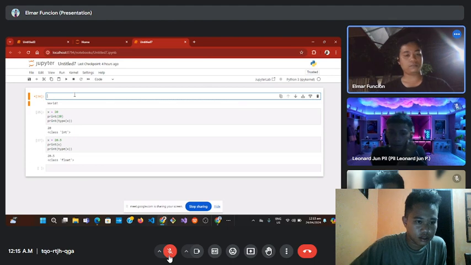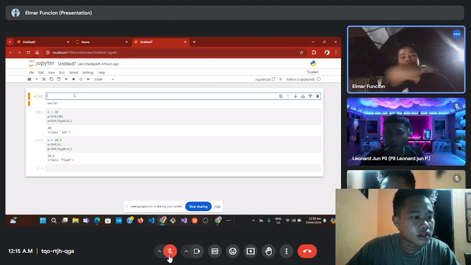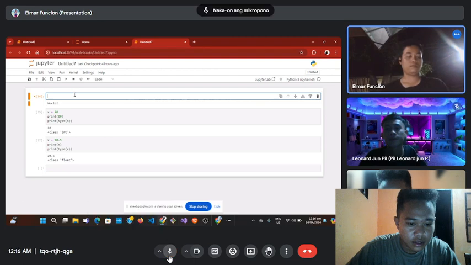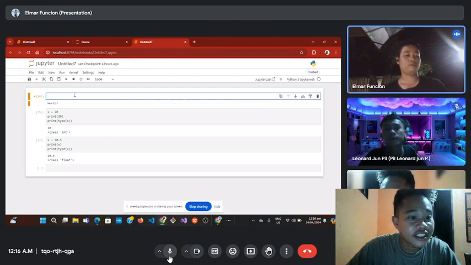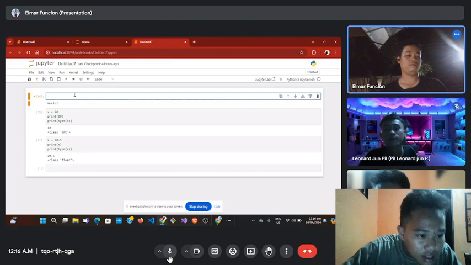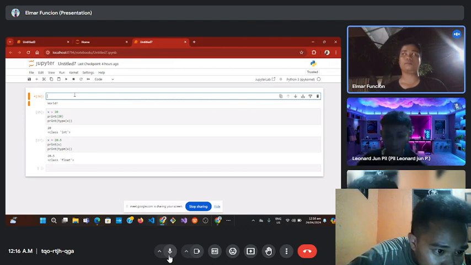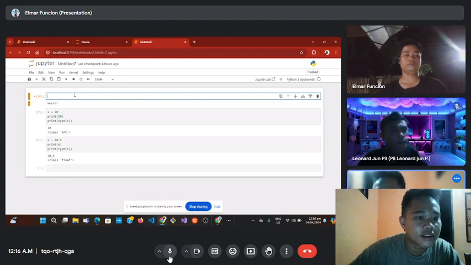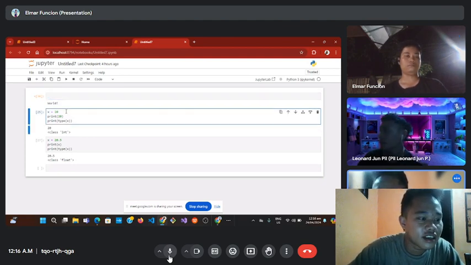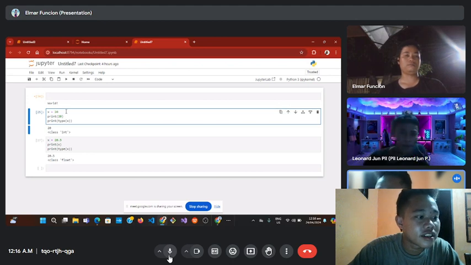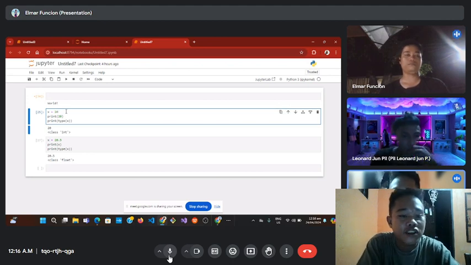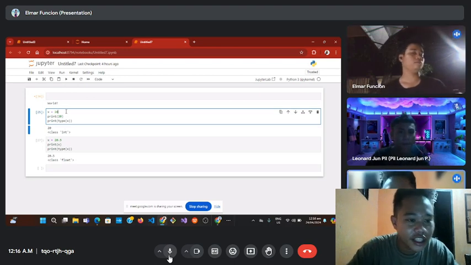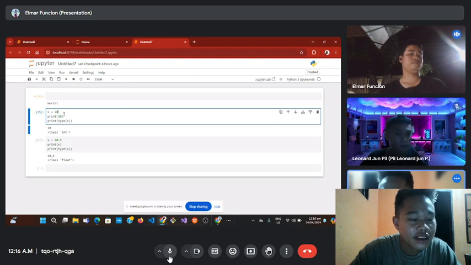About the integer, your line 25, you're attempting to assign a float value to x, but you're using the wrong operator. Instead, your line should be x equal 20.